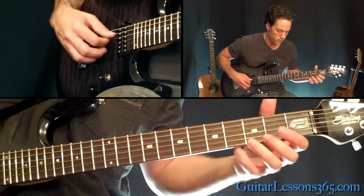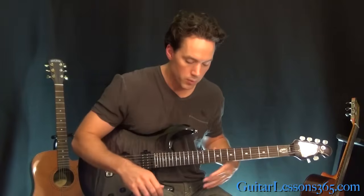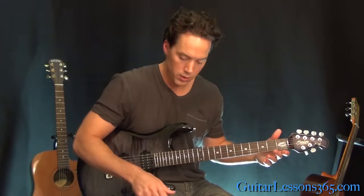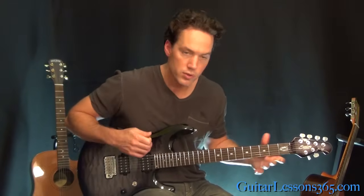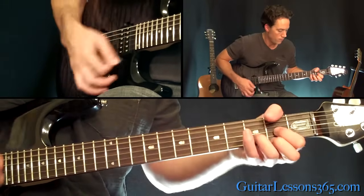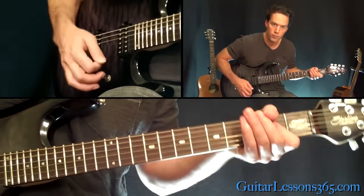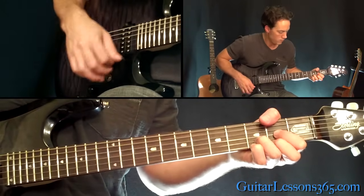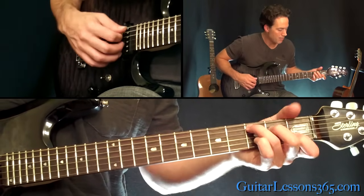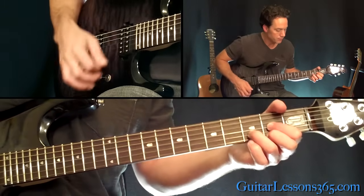Alright, so when we're coming back around to end it again, you want to grab a pick, and we have the first chord just going into the... So that's just a C major chord to A major to a D major, and when you get to the D major,